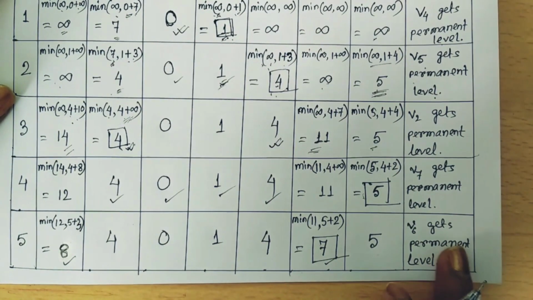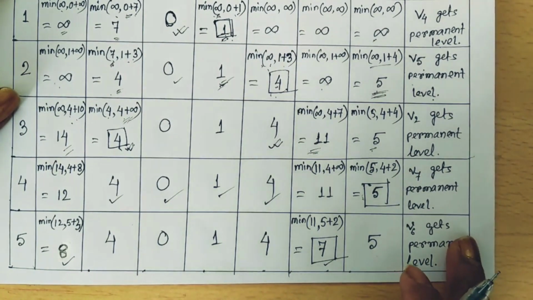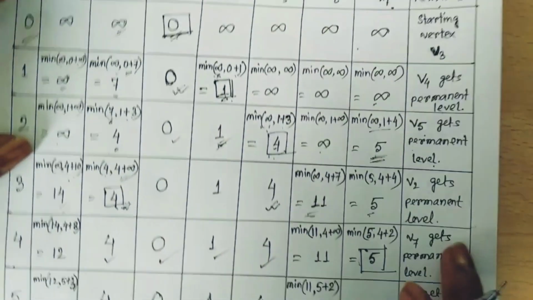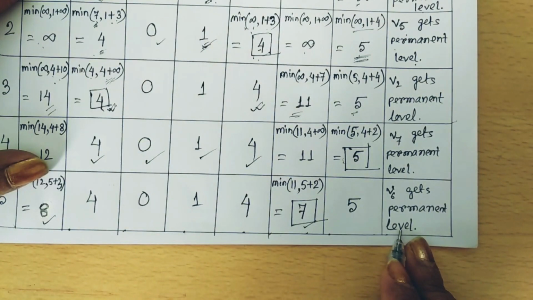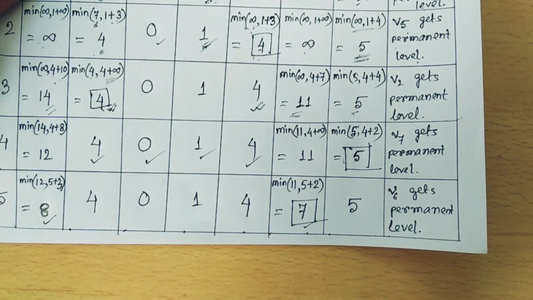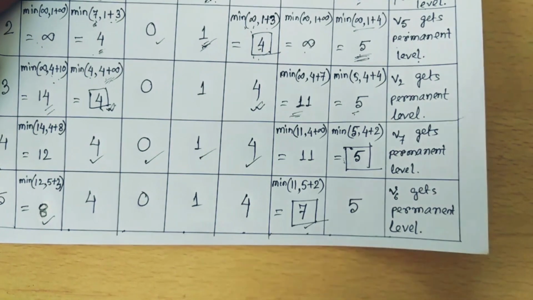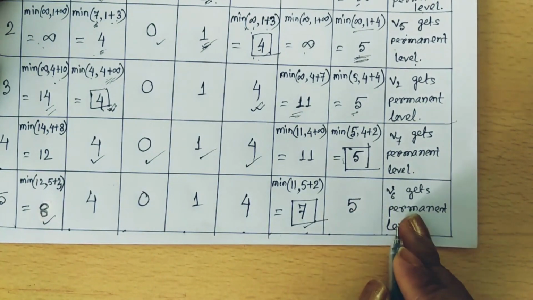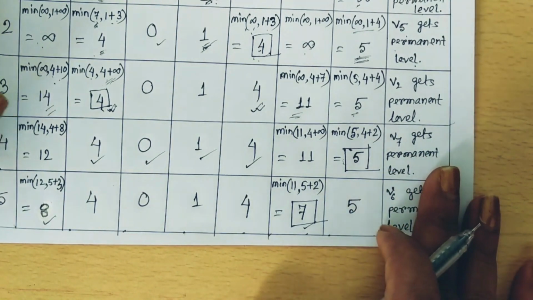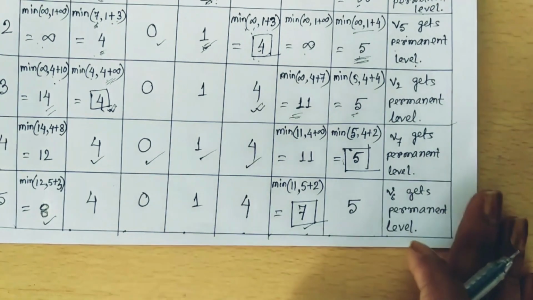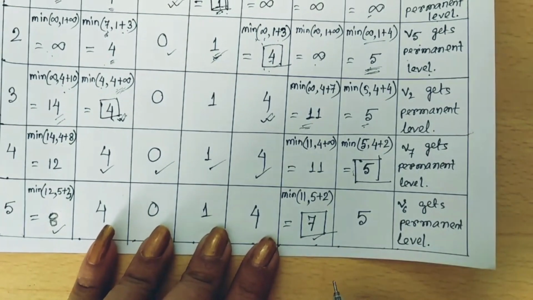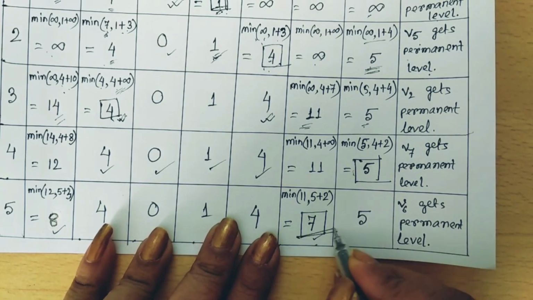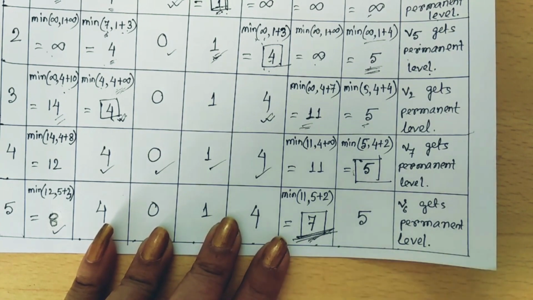Now our question is what? We should find the shortest distance between V3 and V6. We started from V3 and now look, we get V6 as its permanent level. That means we have reached the destination. Whenever your target point gets the permanent level, we should stop this table. So we should stop here. That means we have already done our shortest path and its distance. So what is the shortest path and what is its length, or what is the shortest distance? The shortest distance has to be 7.